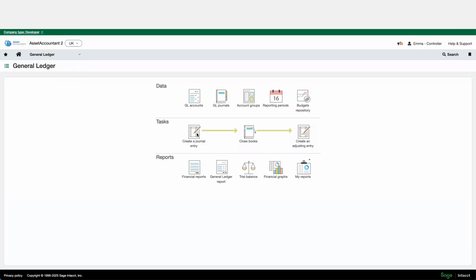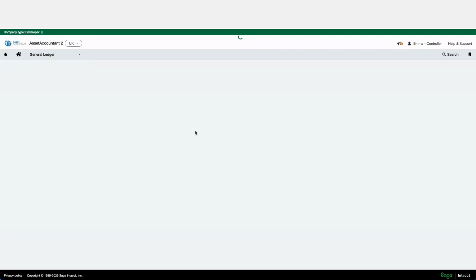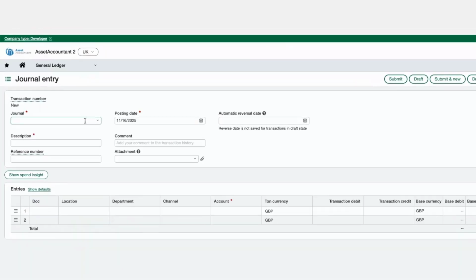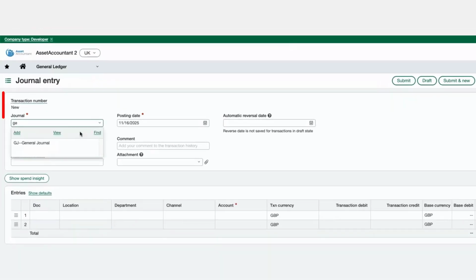To start this demonstration, I'm going to create a new draft asset in Sage Intacct. You can do this to bring it into AssetAccountant in a number of ways, either from an accounts payable transaction, credit card, or a simple journal entry. It doesn't matter. As soon as the draft asset has hit the general ledger, AssetAccountant will pick it up, as